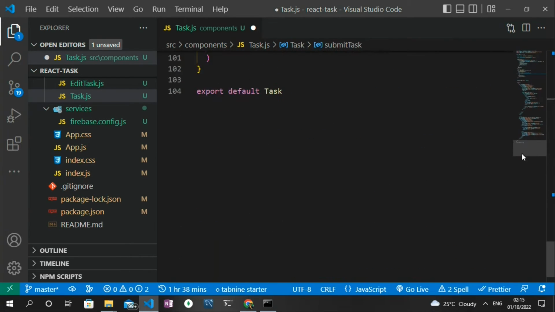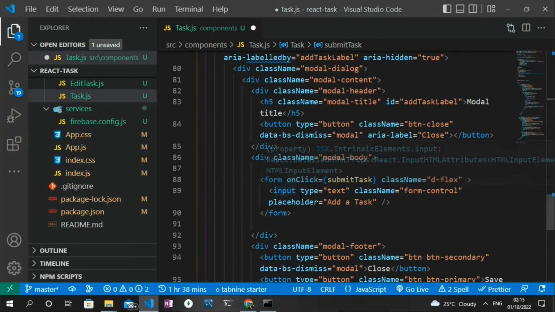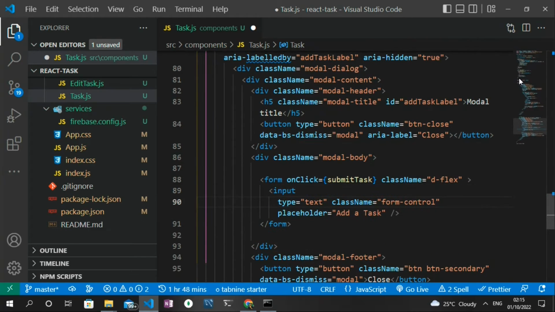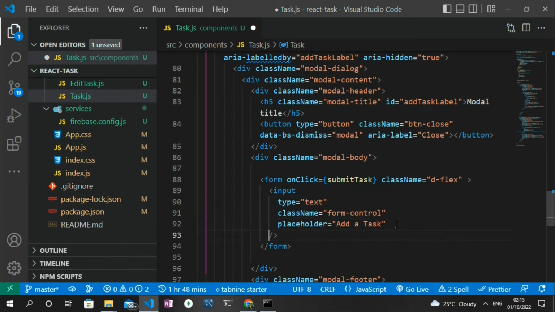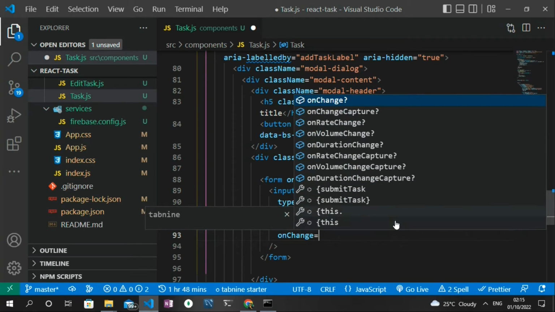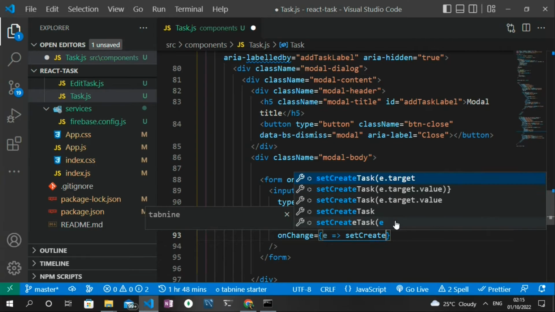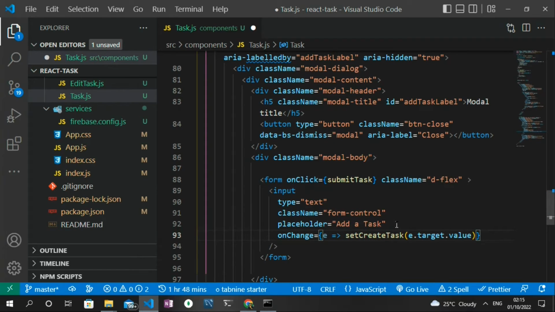So when I scroll down to the form, in the input field, we have the input type of text. So probably let me just bring this down, which makes it easier to read for us. So I'm gonna call the onChange event handler, and then I'm gonna pass in e. Then we need to create a setter for this, but since I haven't done that, let me just quickly create that here. So I'm gonna just say setCreateTask. setCreateTask is gonna have e.target.value,